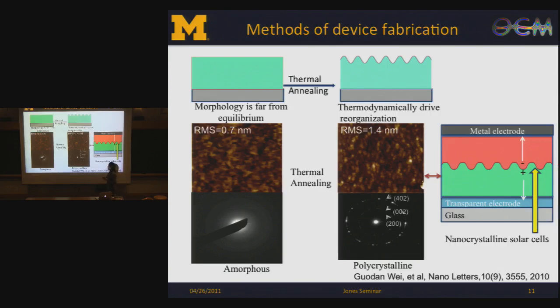So we see a very obvious morphology change here. This is a spin-cast AFM image of the organic thin film. This is amorphous and it's very rough. Its roughness is around 0.7 nanometer. After we apply the thermal annealing, the roughness of the thin film doubles. And the selected area diffraction pattern also